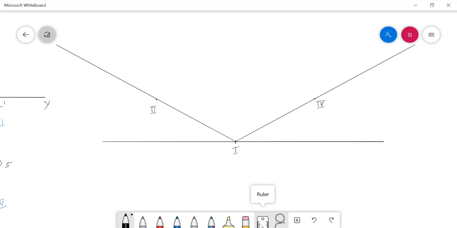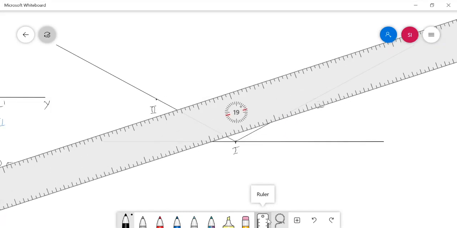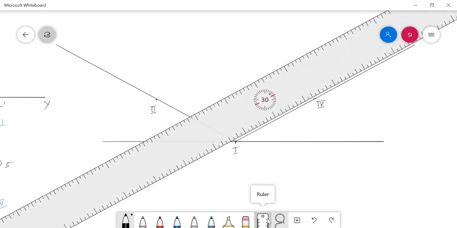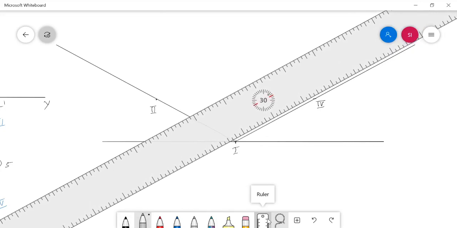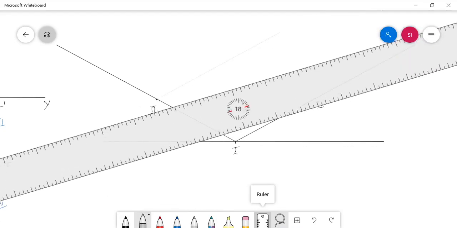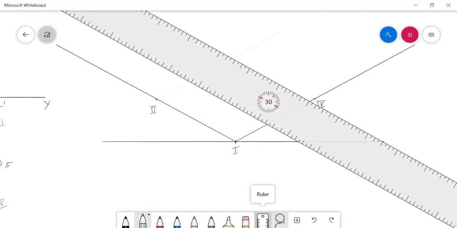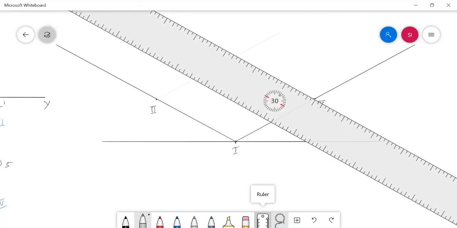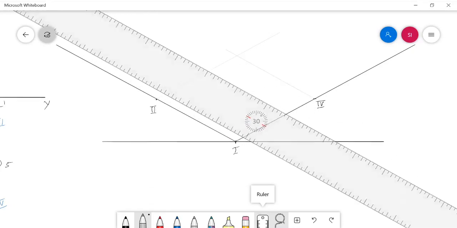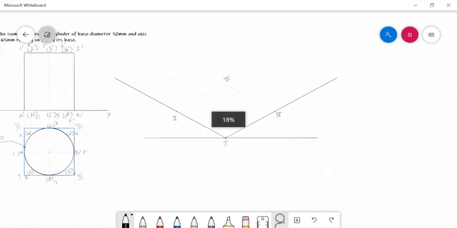And after that we need to mark the point 3. For that I recommend you use the drafter. Make your drafter parallel to 1 4, and from the point 2 draw a line, and make your drafter parallel to 1 2 and draw a line from the point 4. Now you will get a point. This intersection is nothing but the point 3. So now we have drawn the square base of the box.